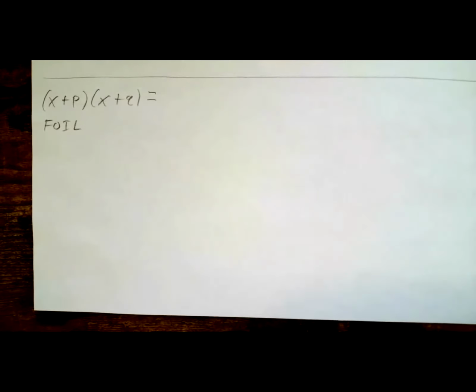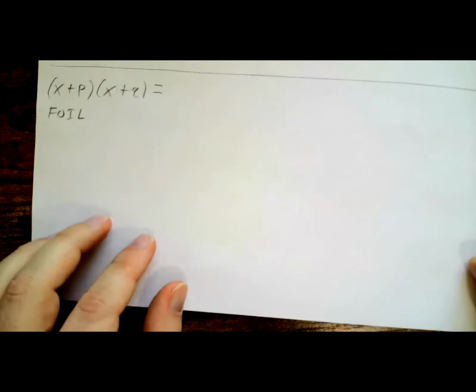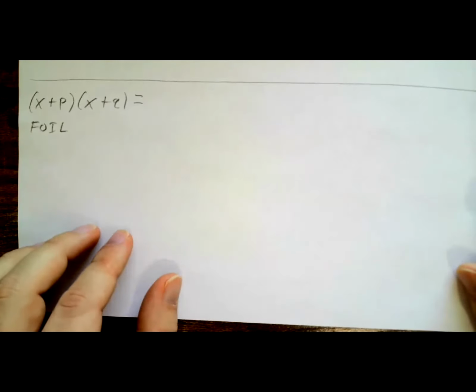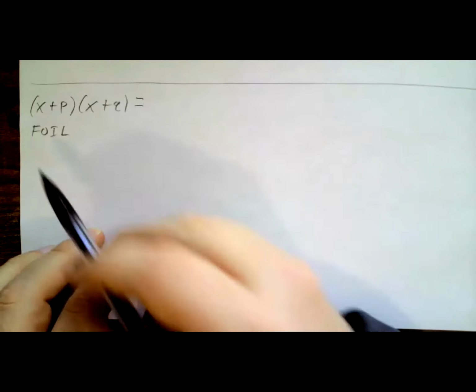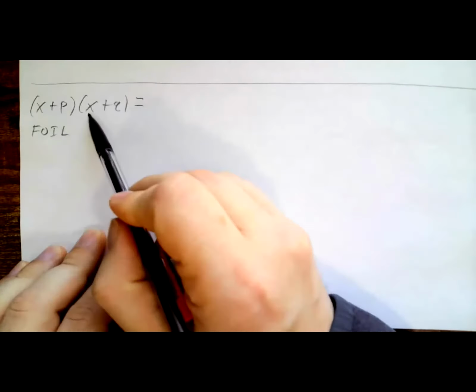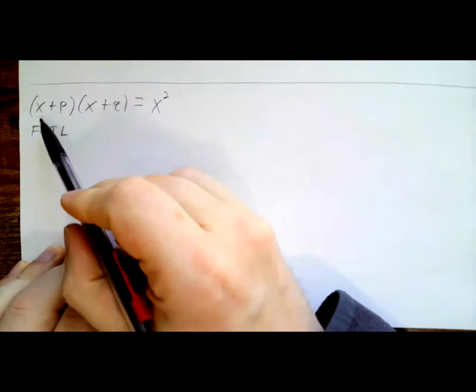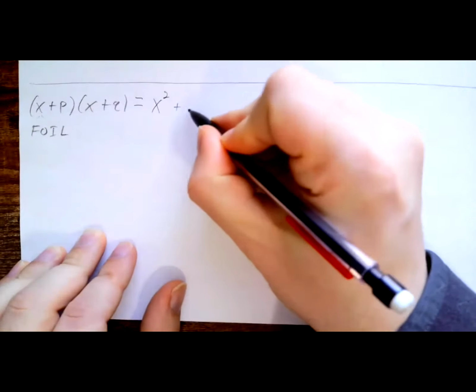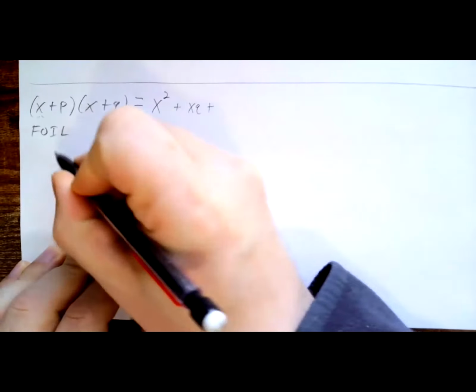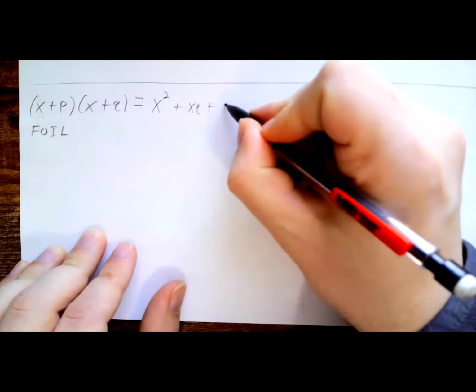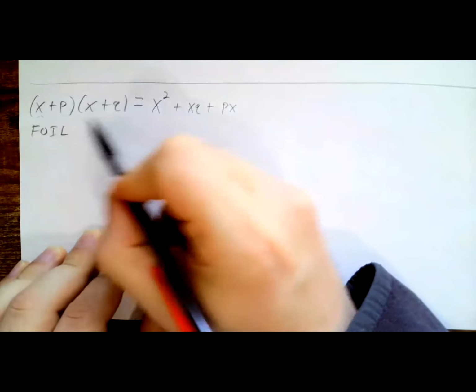Okay, after giving you a few moments to work and thanking you for sharing your answers if you did so. Foiling this out, what does it mean? The firsts are x times x, giving me x squared. The outside is x times q. The inside, that's p times x. And the last, that's